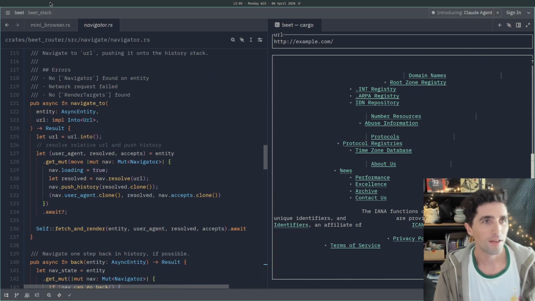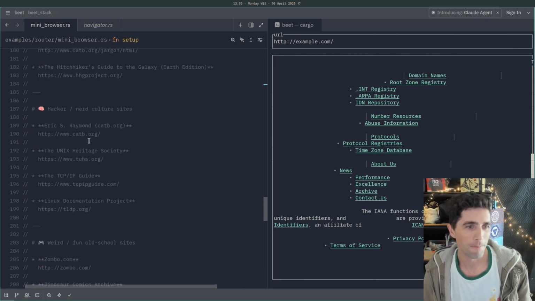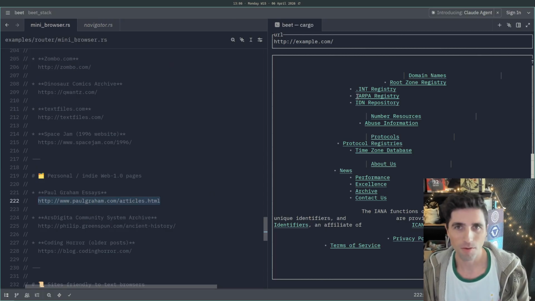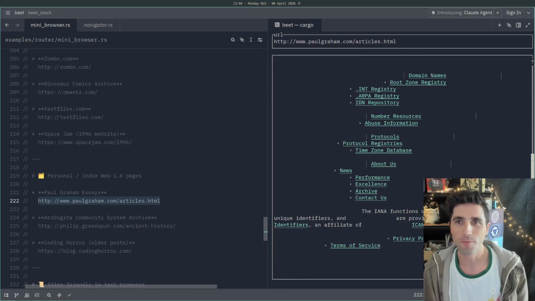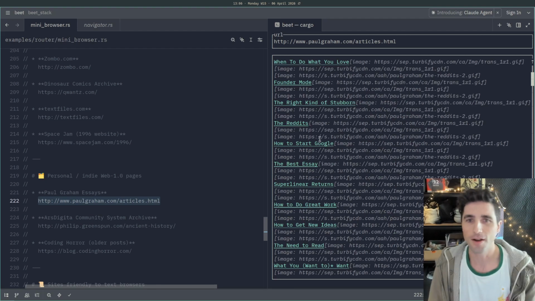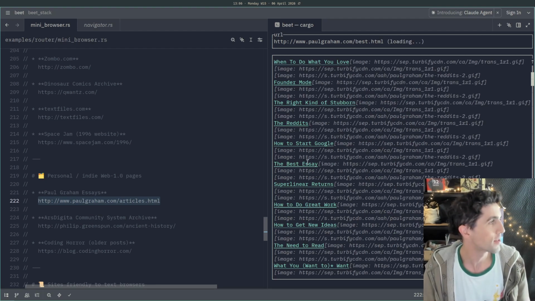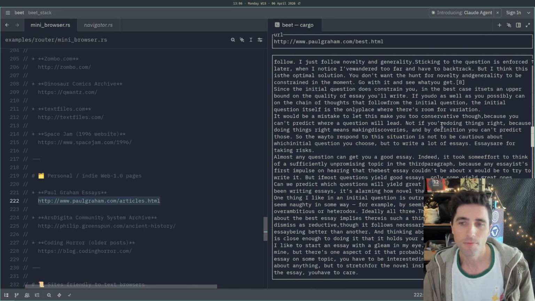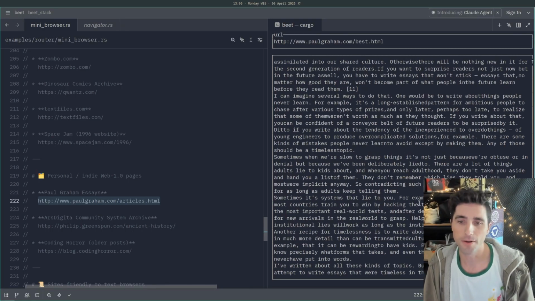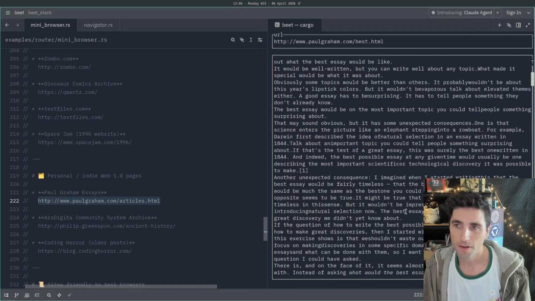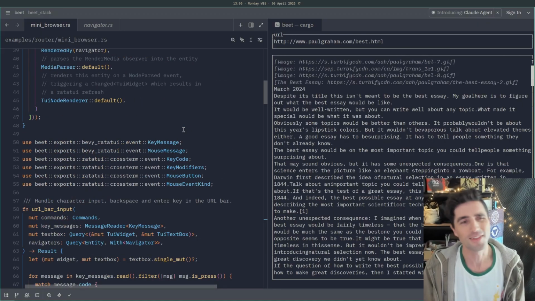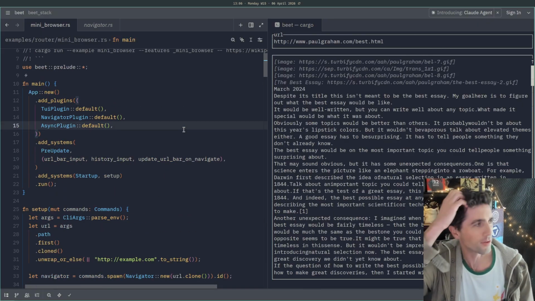I've also added, just for fun, a bunch of popular Web 1.0 type sites, because of course JavaScript and CSS are another world entirely. But simple things like essays, with a little bit of rendering work, could be a nice way to view stuff. But anyway, that's more of a fun project, an aside to see what I could do with what I was building.